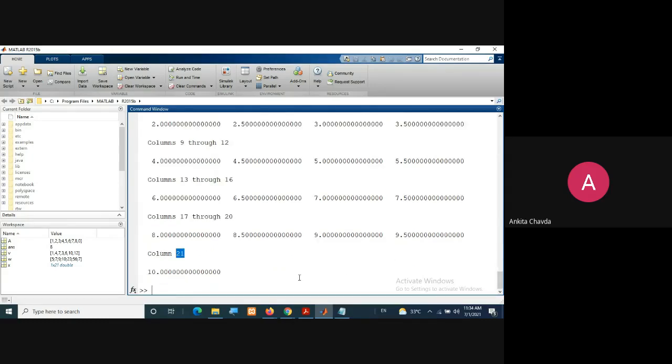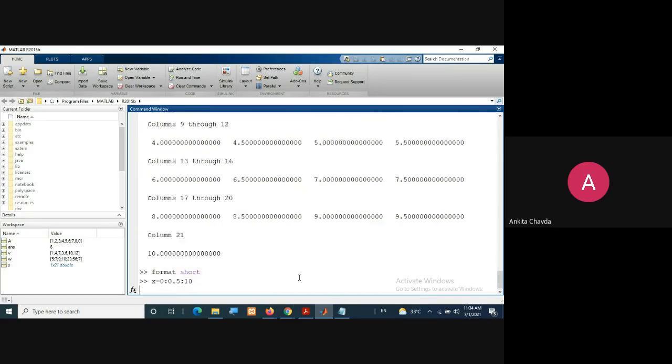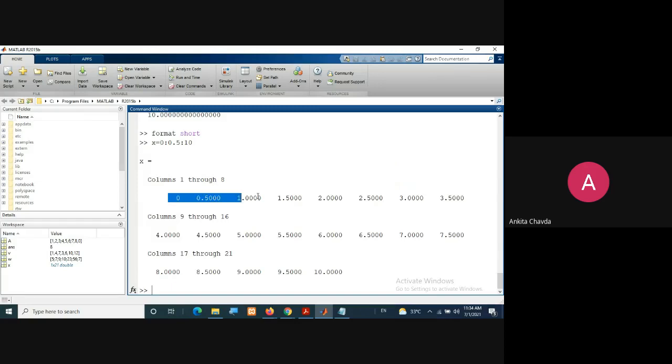Okay, you can even change the format to short, right? And again you can try this. So somehow in a single row there are around 8 columns, right? And total it's creating 21 different elements. Now if I'm saying that I want here only 20 points, I just want total 20 points.